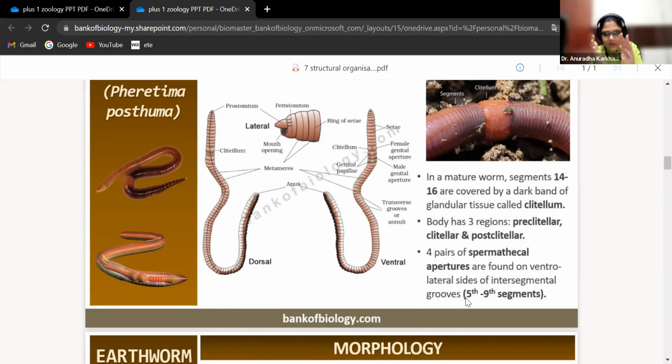So these apertures or these openings are between 5 and 6 first, 6 and 7 second, 7 and 8 third, 8 and 9 fourth. तो 4 apertures in 5 segments कैसे वो समझा? यहाँ पर क्वेश्चंस आते तो थोड़ा कंफ्यूज हो जाते. Got it? Or else what I can do is